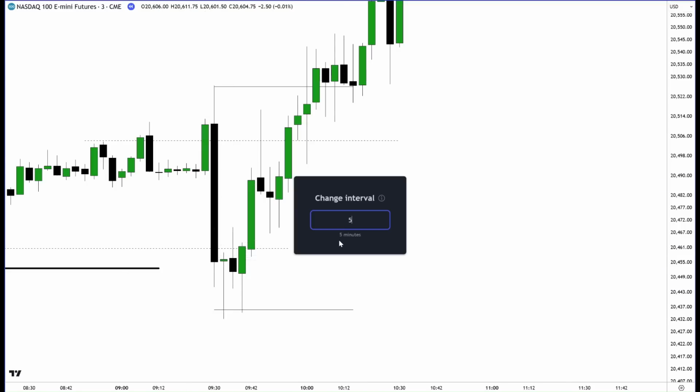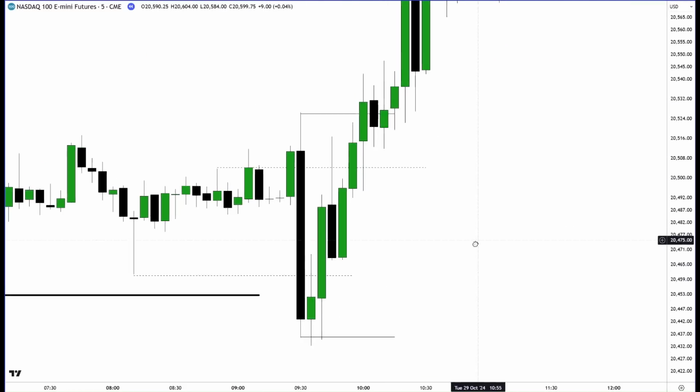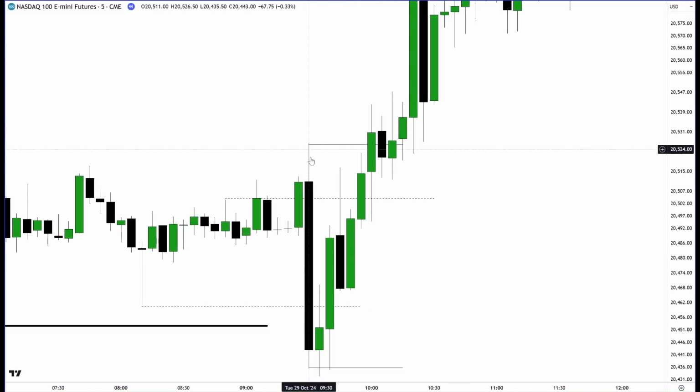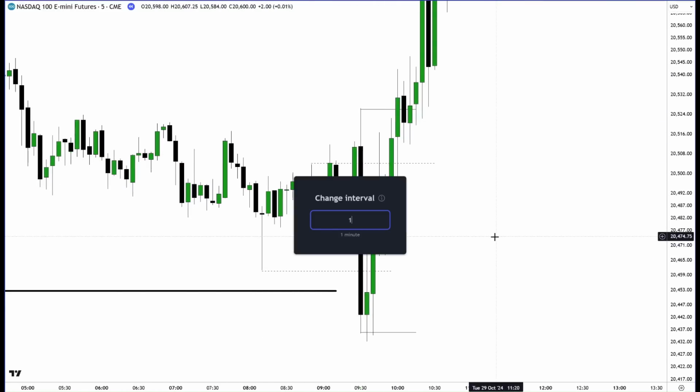Let's go on to a 5 minute. 5 minute, no rejection block. However, the order block on the 5 minute was confirmed with this close above. Of course, the 8 a.m. range was already filled at that point in time. Anyways,